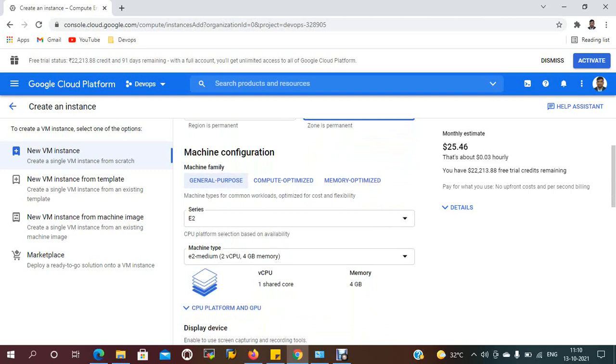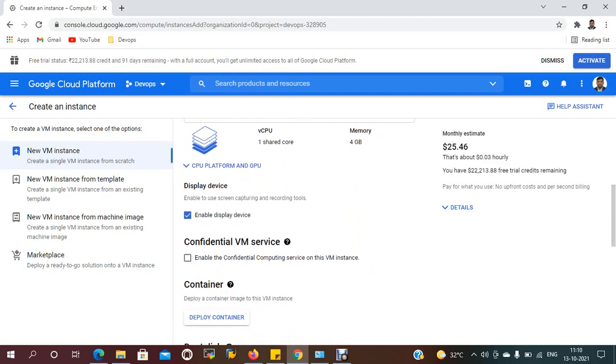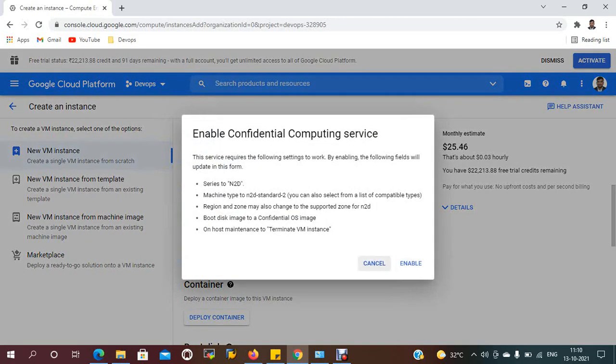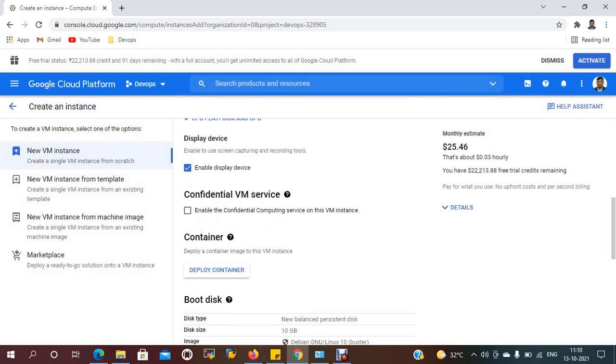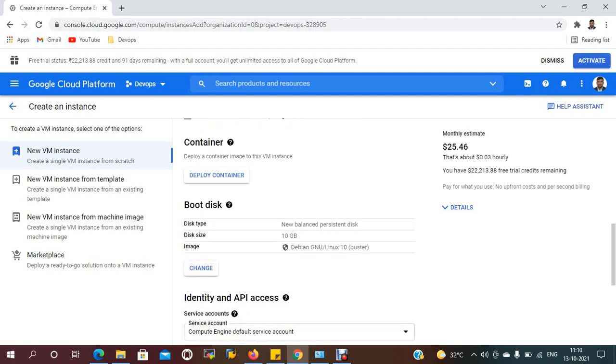I need 2 CPU and 4 GB memory. If you want a display device, you just need to enable it. Confidential VM service: if you need it, select this option, otherwise cancel. Deploy this container image to the VM instance: if you need to deploy an image on a container, you just need to do this one, otherwise leave it.